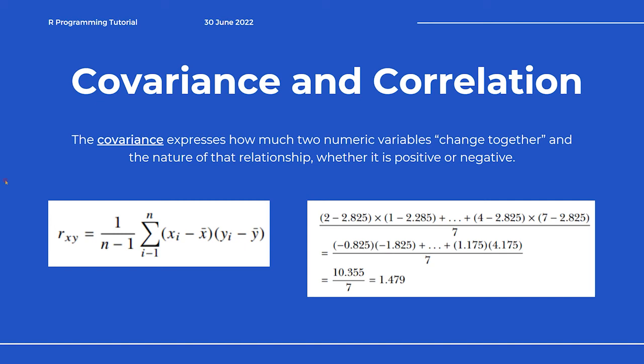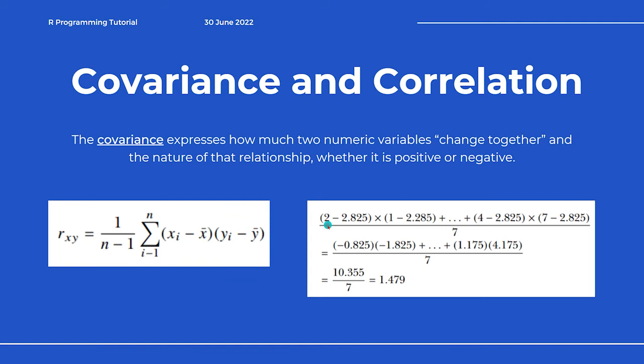As you may note, both of those data vectors have sample means of 2.825. So what we need to do is